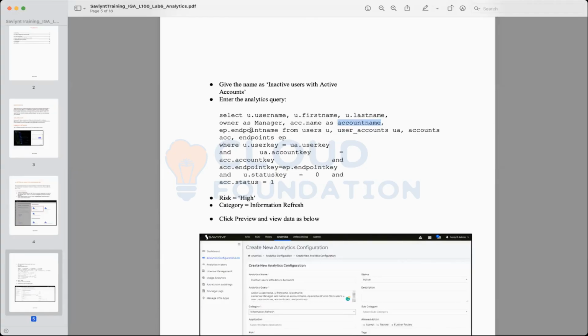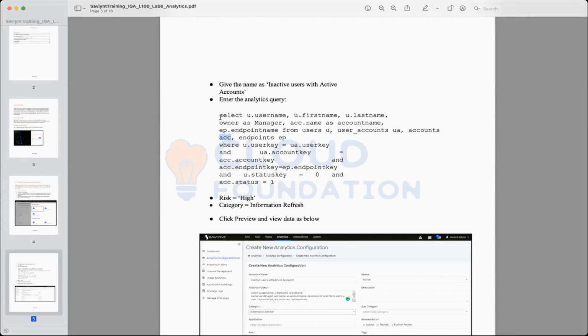If we're taking an example of Salesforce, we are saying that there is a table called the endpoints table. We are denoting endpoints as EP. We are just using a variable so that we don't have to write endpoints over and over again. Similarly, accounts are denoted by AC. We've just defined variables here. But irrespective, the point is that we have different kinds of tables. Each of those tables contains specific attributes which we can use to fetch reports.